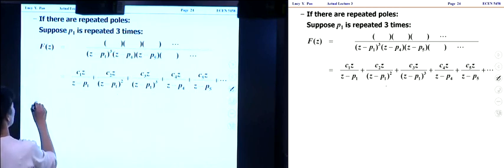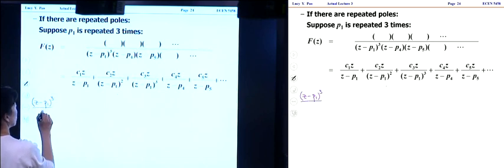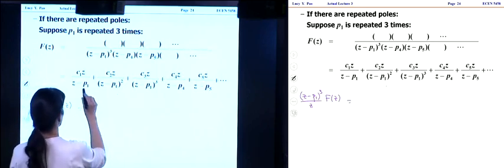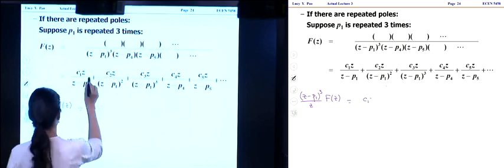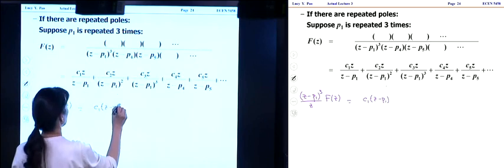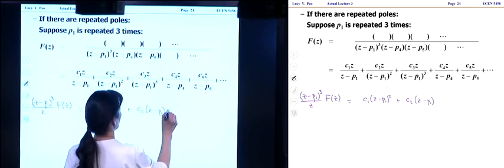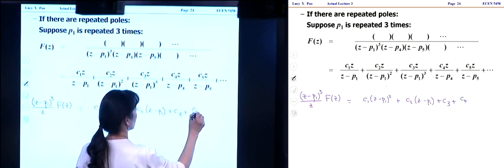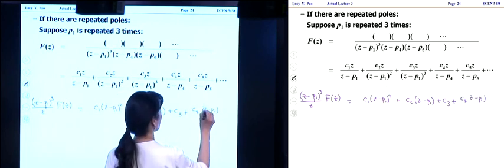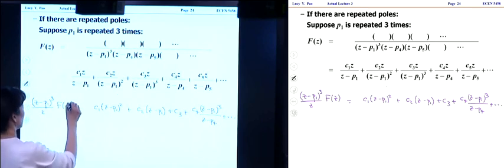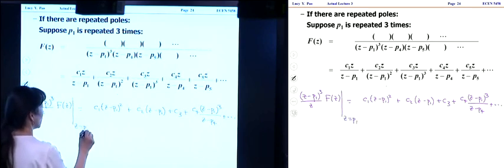So if you multiply both sides by z minus p1 cubed over z times f of z, then here in the first term we'll have c1, the z's will cancel, and we'll have z minus p1 squared, and then we'll have c2, the z's will cancel, and we'll have z minus p1, and then we'll have plus c3 plus c4, z's will cancel, we'll have z minus p1 cubed over z minus p4, etc. Okay, and by the same idea, now evaluating both sides at z equal to p1,